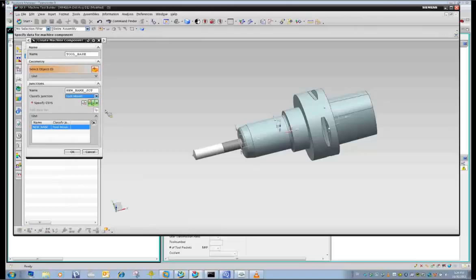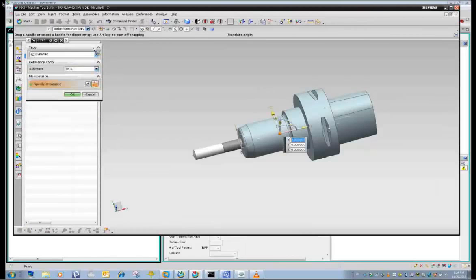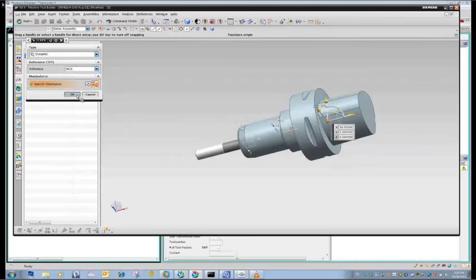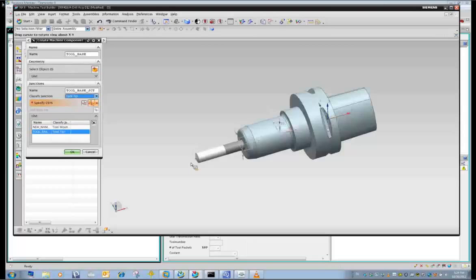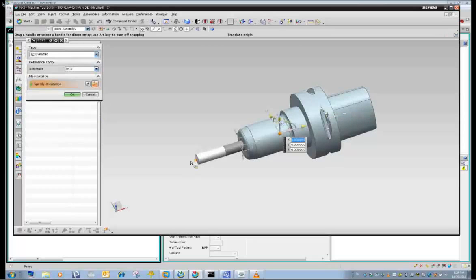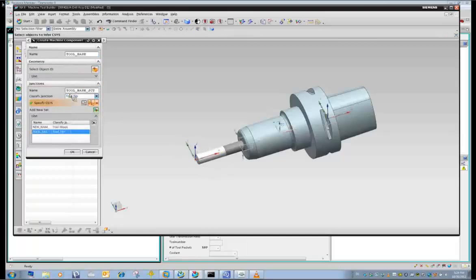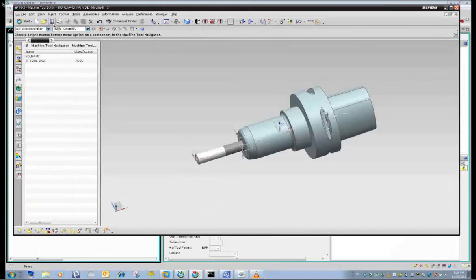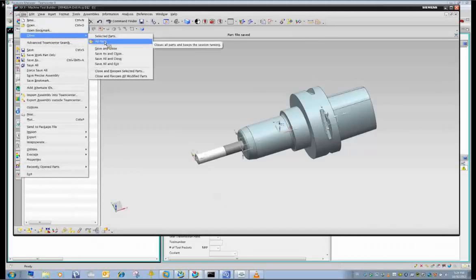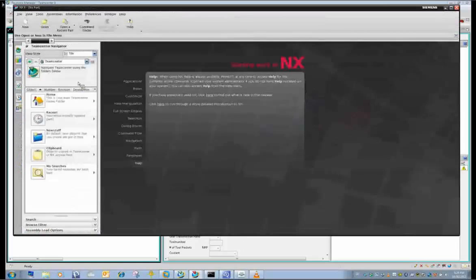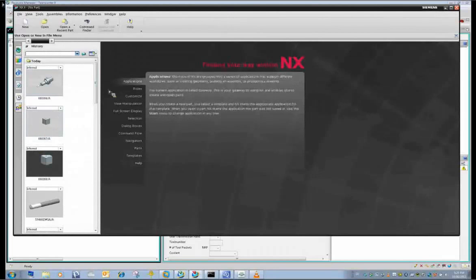So I'll just define the place it will be held on the machine tool, and then obviously we're going to add as well a tool tip junction. So where is this tool guided? So what is the tip of the tool? And there we are. So now the tool is completely ready for being used in the CAM application. Therefore, I'm just going to close this tool assembly, and I'll just switch and open up the latest